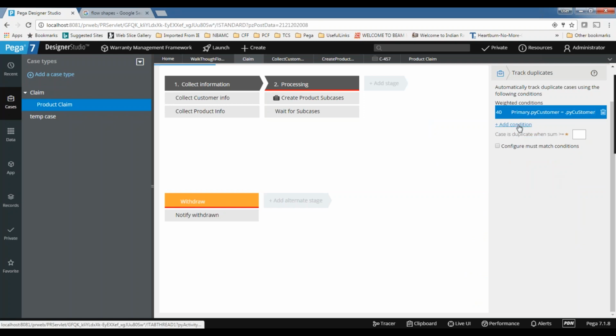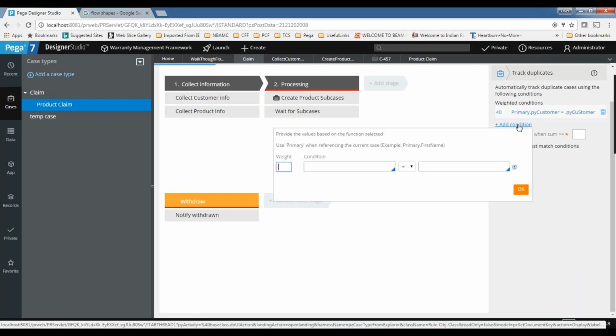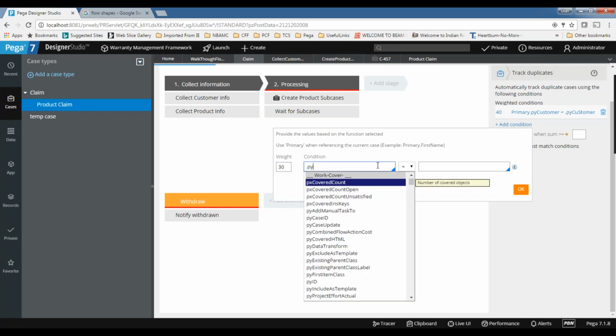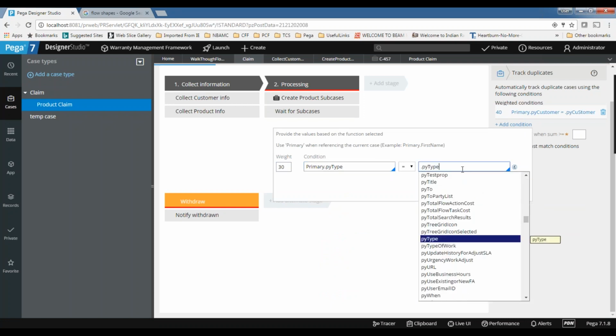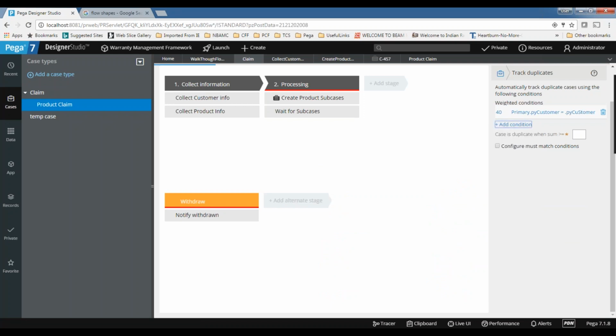Add one more condition, let's say I'm giving 30 here: primary.type, the credit card type, is equal to the pyType. I want to give 30 weightage.